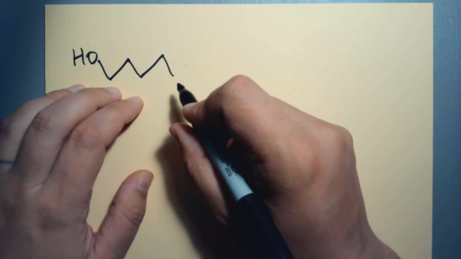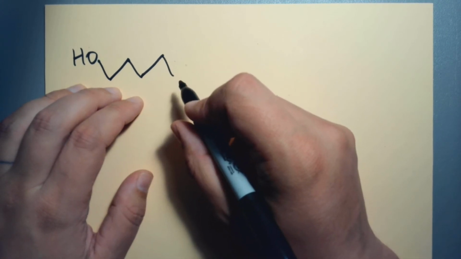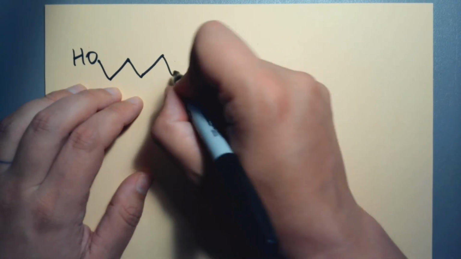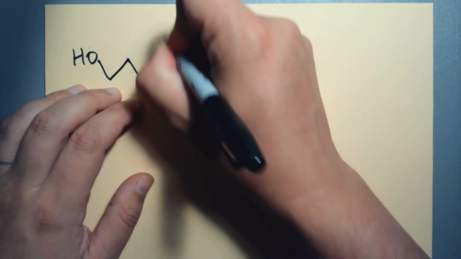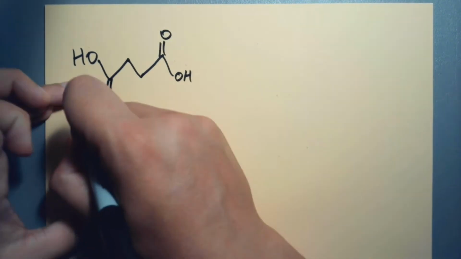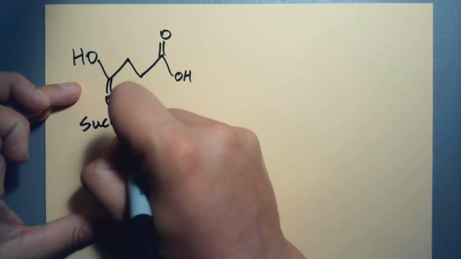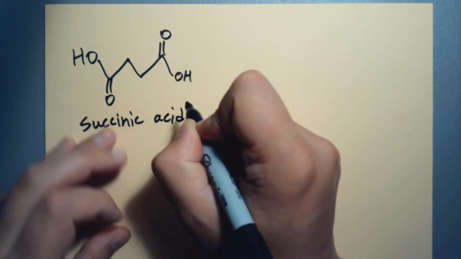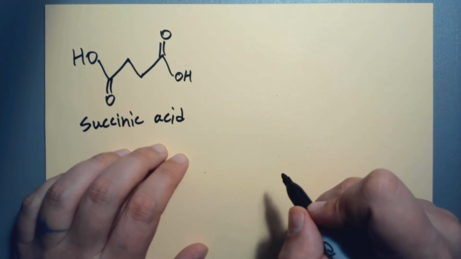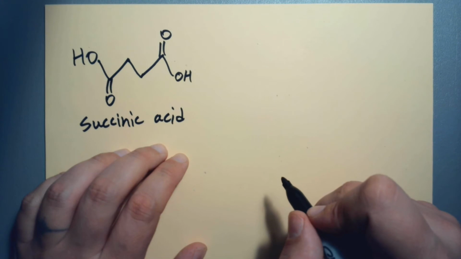Alright, where was I in drawing? It distracted me. Alright, we have an OH there, double bond O, double bond O. This is known as succinic acid. Now I'm jumpy every time I see anything. Alright, so